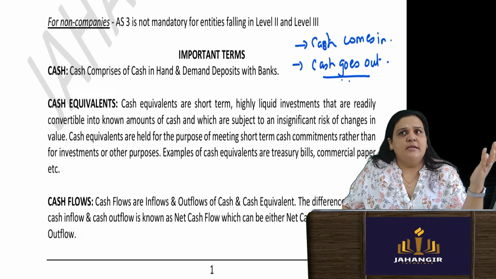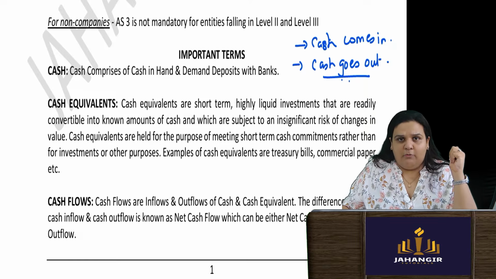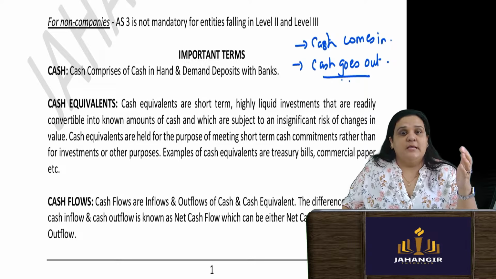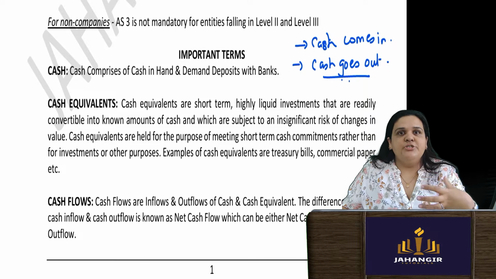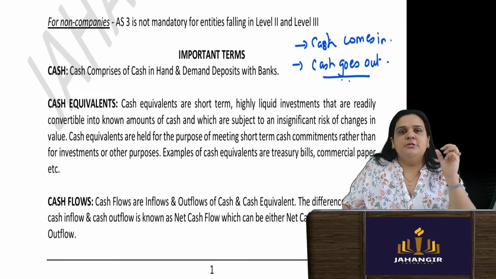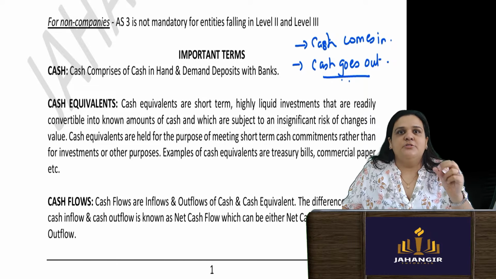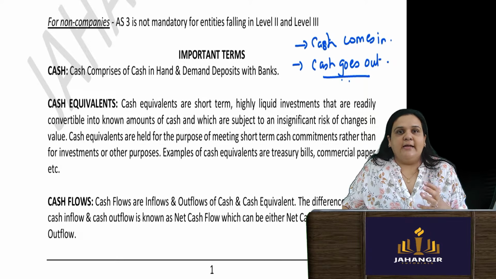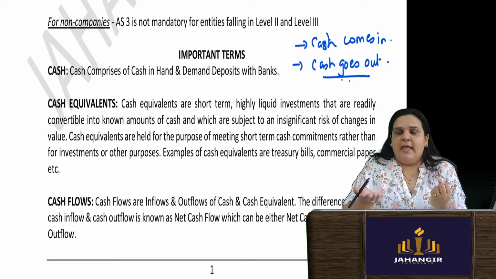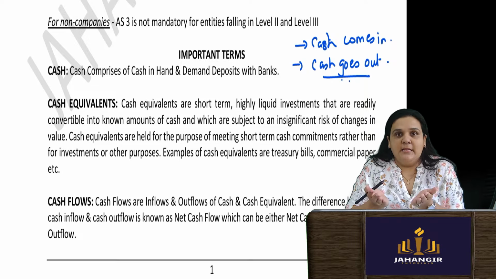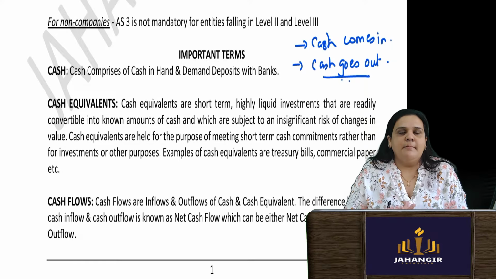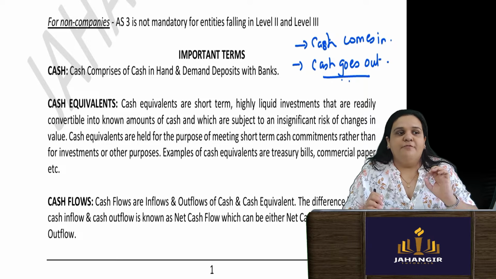I must have just bought some plant and machinery and cash has moved out. Or I have sold some plant and machinery which is not related to my operations and cash has come in. Because of which the profit shown in the P&L is not something which the investors or stakeholders are interested in. Investors want to know how the activities are managed with the help of keeping cash properly. Because how liquid are you? How able is the organization to pay its liabilities? That is very important, and it has to be shown in the form of a statement.